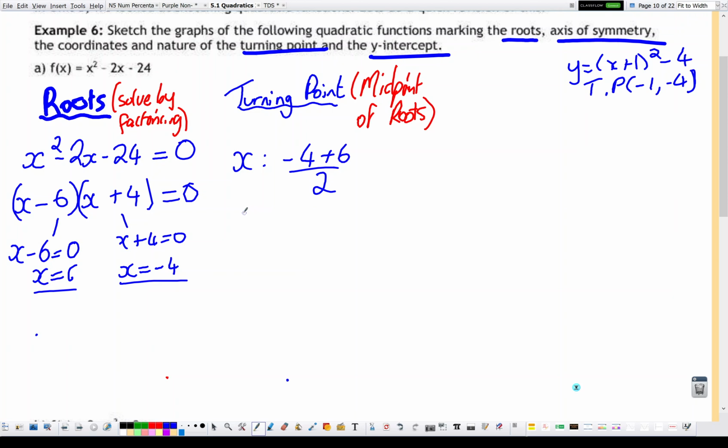So the x value is -4 add 6 is 2, divided by 2. That's 1. So the x value of the turning point is 1. When x equals 1,